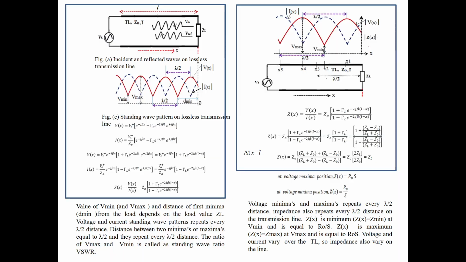So as you move like this, impedance takes a maximum value. Where does it take a maximum value? At maximum voltage position. Maximum voltage is there, or that maximum impedance is there. And this is the highest value of impedance we can observe on the Smith chart, as on the transmission line as we move like this. And minimum impedance is observed at this minima position. All other values are intermediate between the minimum value and the maximum value.